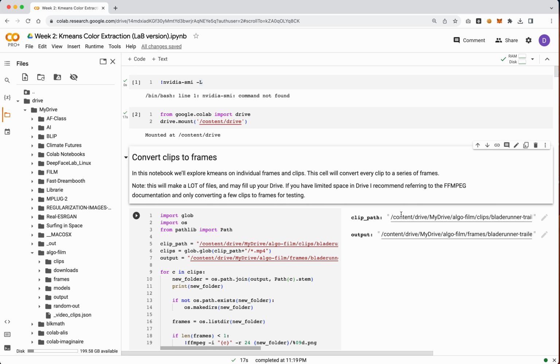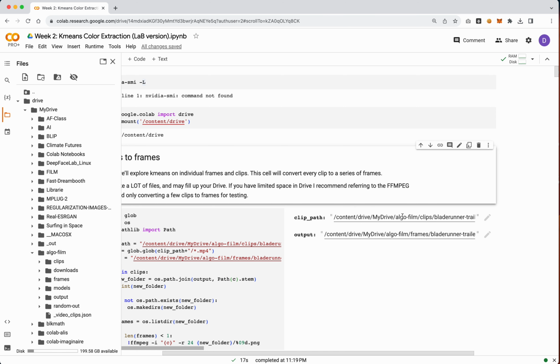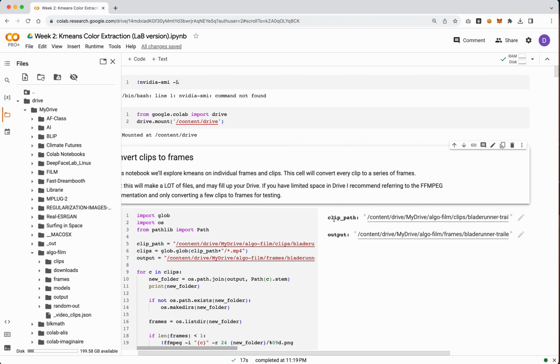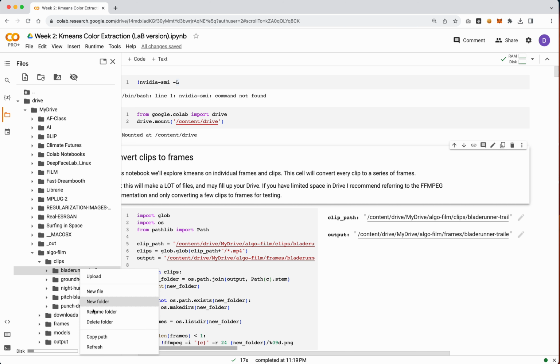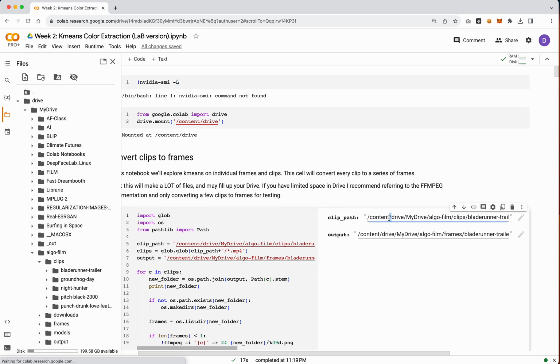Next, we're going to need to point our folder to a clip path. And this clip path doesn't need to be this master path. In fact, it probably shouldn't be. What I would recommend is going into your individual clips here and grabbing one of them. I uploaded one of the Blade Runner trailers, and I'll copy this path,